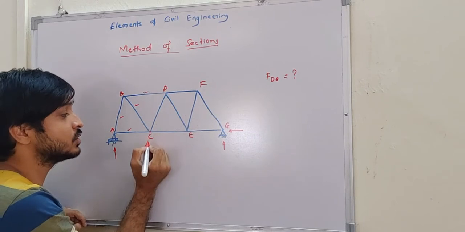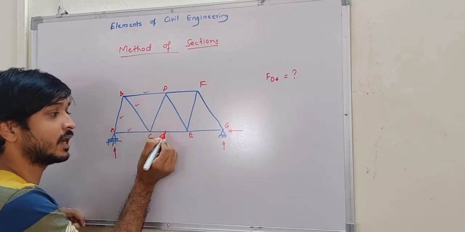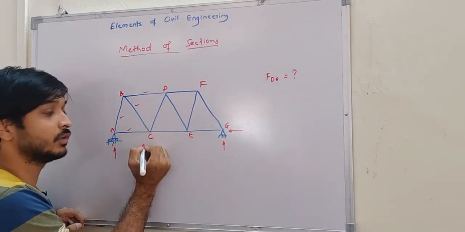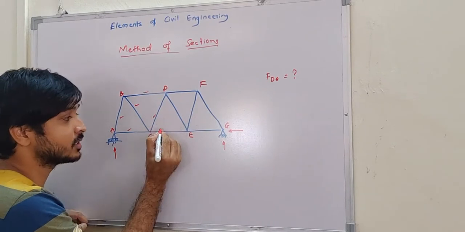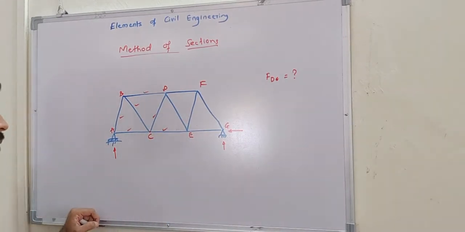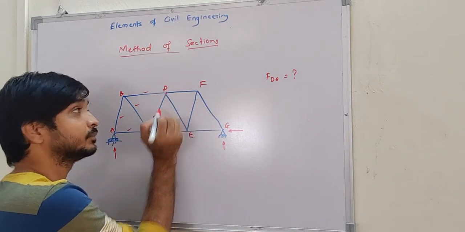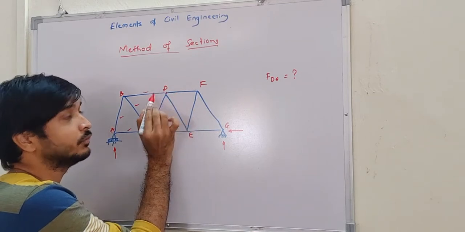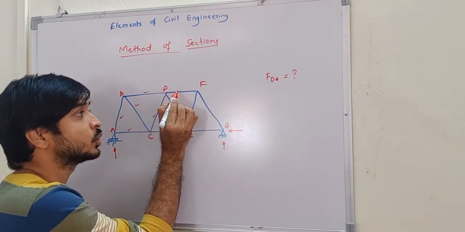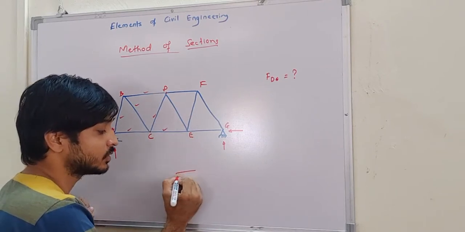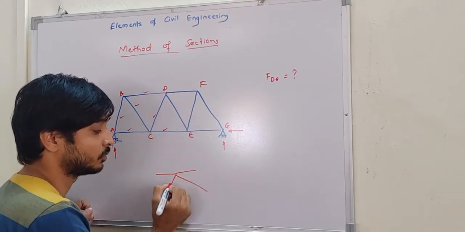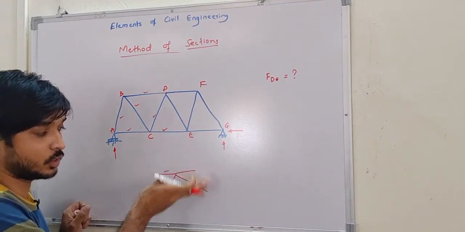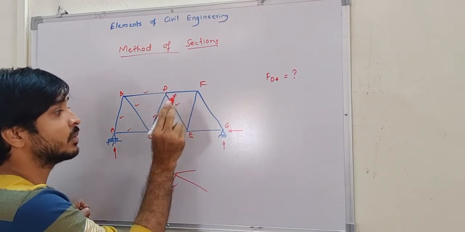If I come to this joint C, this one I know, and these two are the unknowns. So two unknowns, two equilibrium conditions, because I am again taking the equilibrium of joint C. Two unknowns, two equations, I can easily find the force in these two members. Then I have to come to this joint D. Here four members are there, 1, 2, 3, 4, and 2 are known, so 2 are unknown. So if I consider joint D, these two are the unknowns and these two I know. So two equations and two unknowns, easily I can find the force in the member DE.